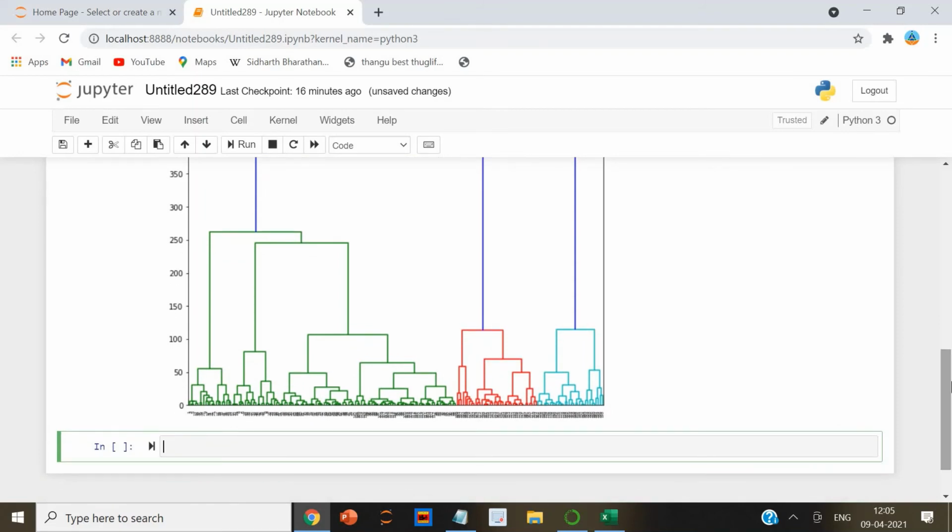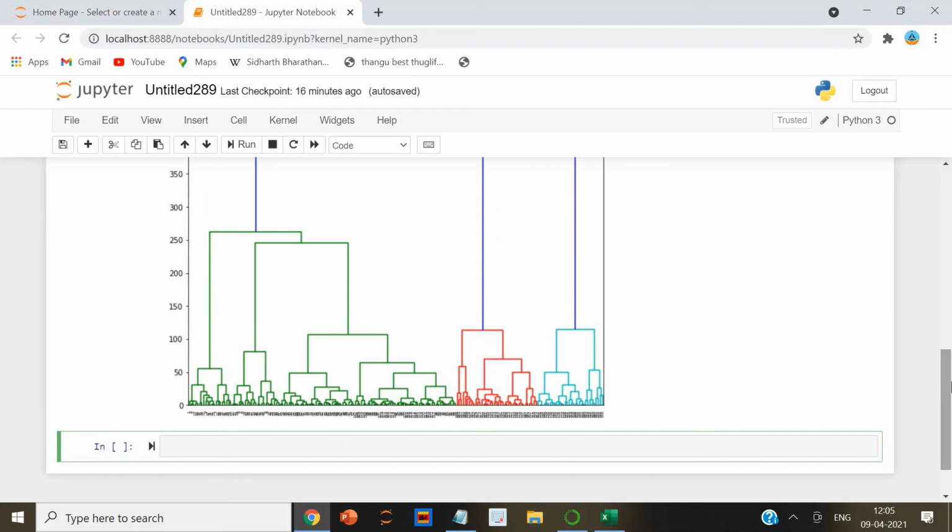If we draw a horizontal line that passes through the longest distance without a horizontal line, we get 5 clusters, as we discussed in the theory part. Next, we know the number of clusters for our data set. The next step is to group the data points into these 5 clusters.